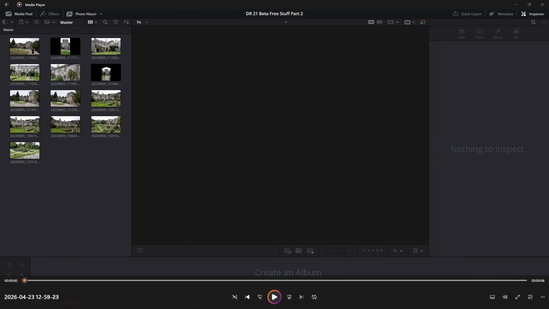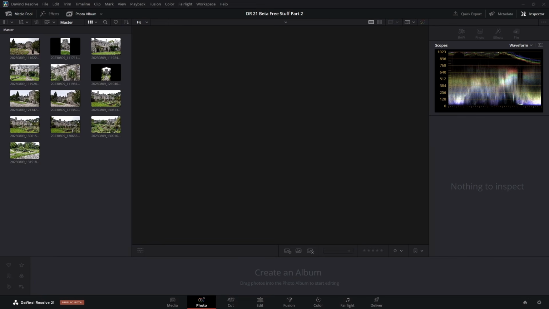pages, effects and toolsets. I've opened up DaVinci Resolve 21 at the brand new photo page and I've imported a group of still images that I've taken. At first glance, you can see there are similar parallels between this page and previous pages. We still have media pool, effects, we have the inspector, but down below, instead of having our timeline, we have